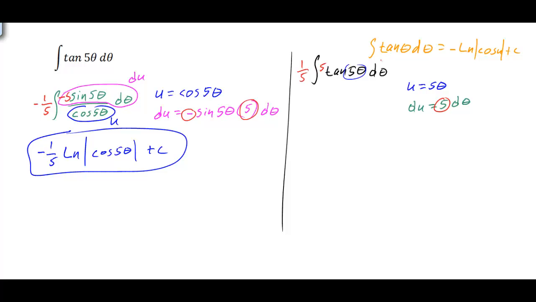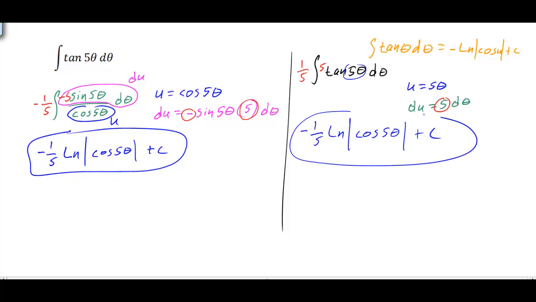And then we have our tangent u du, or tangent theta d theta. So we could simply then use our formula, which is negative ln. So we have our 1/5, so that's going to make it a negative 1/5 natural log of cosine of u. Well, in this case, our u is 5 theta, so that would be the cosine of 5 theta